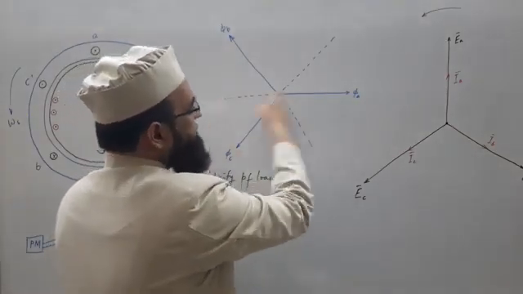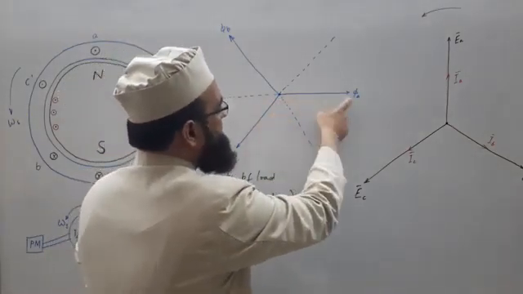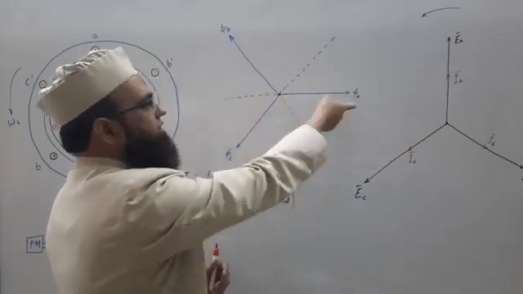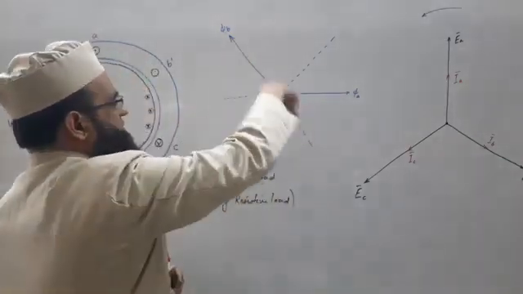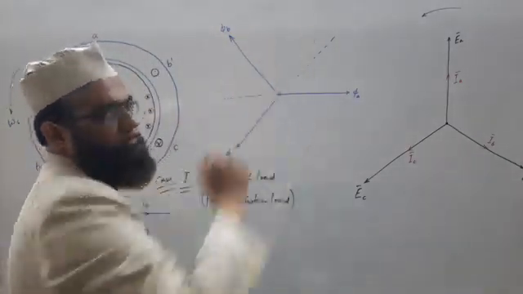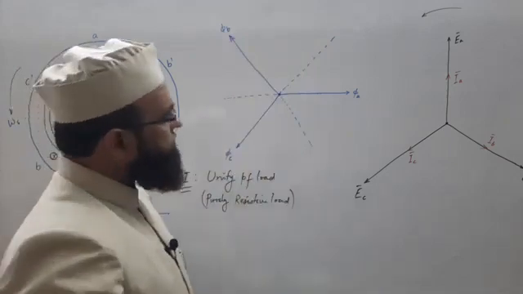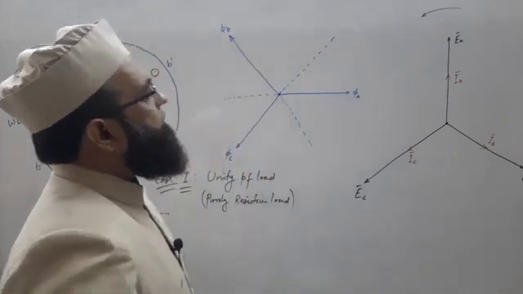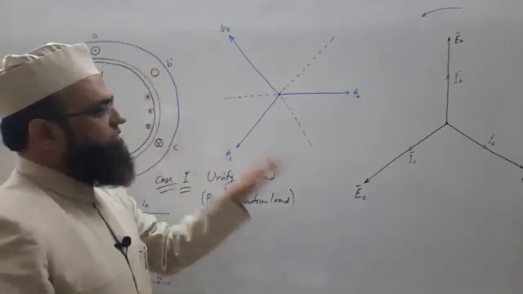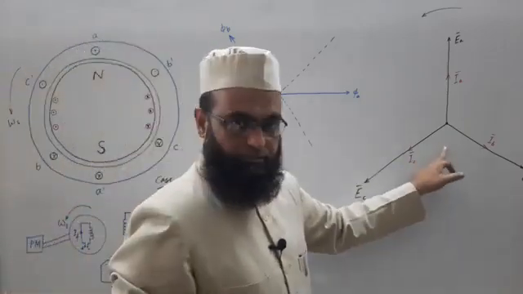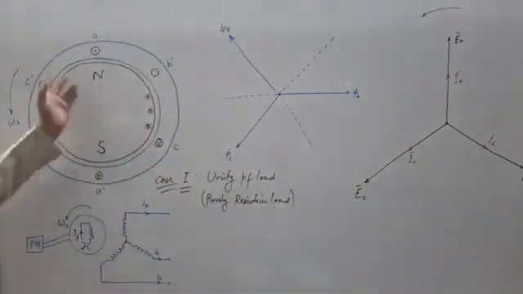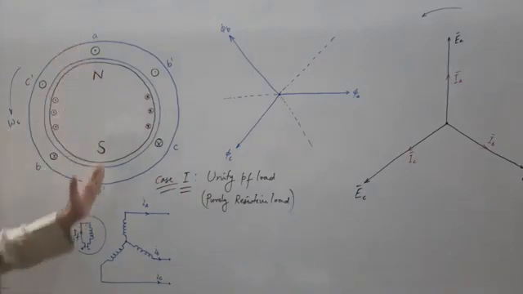So phi A will oscillate, sometimes 0, sometimes maximum, sometimes minimum. Similarly phi B will oscillate, phi C will oscillate. So if we want to see the amount of flux in the three phases at this moment, when the rotor is aligned along this,